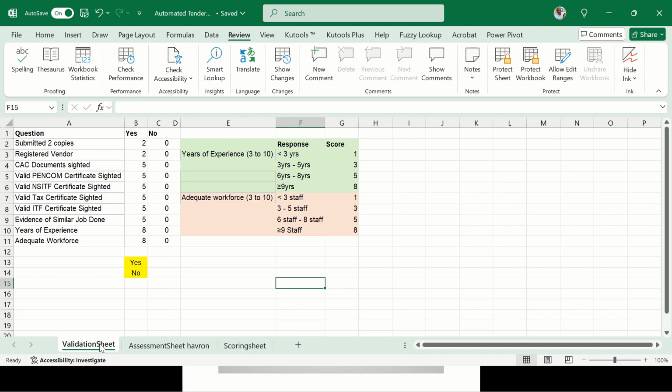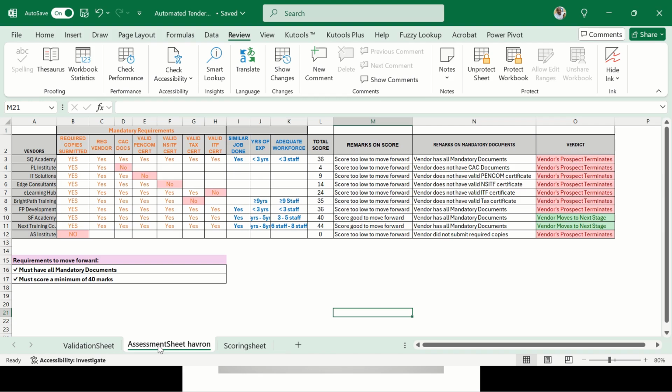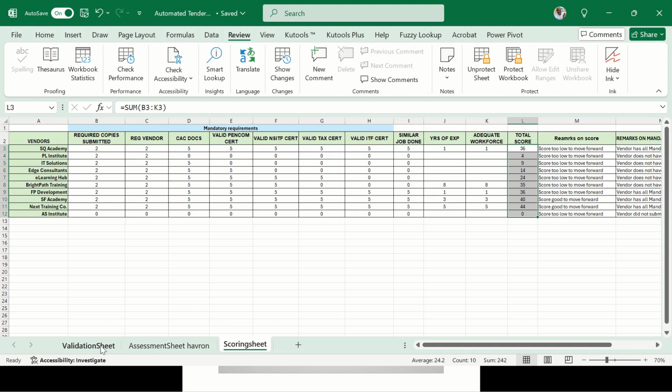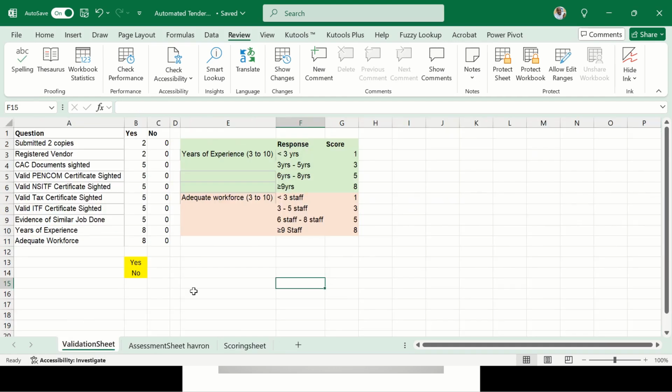So these are the validation sheet. You see here the assessment sheet and then the scoring sheet. On the validation sheet here, what we simply did was to get all the questions that we use to assess the vendors and then the possible responses and then the maximum scores for positive response and the minimum score for the other responses. So you can see these questions here